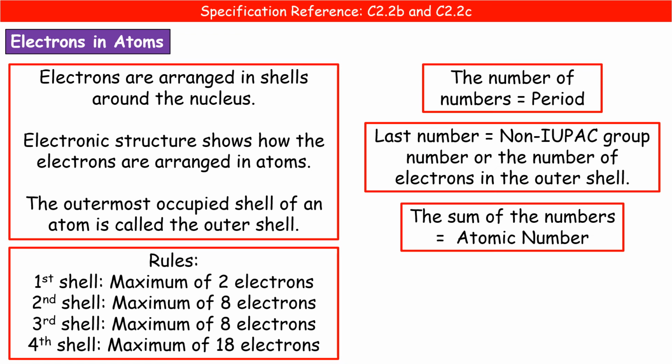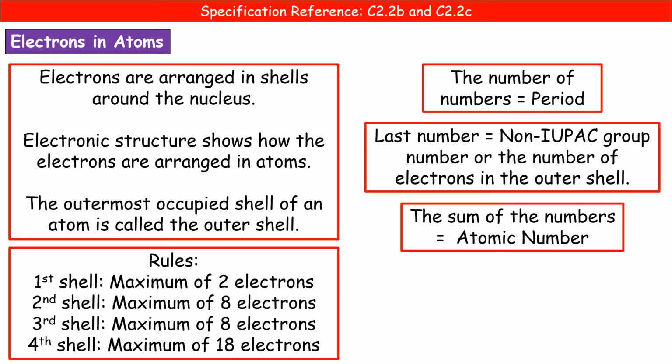And that brings us very nicely onto how electrons are arranged. As we established in our earlier little booster, electrons are arranged in these shells or orbitals around the nucleus of the atom. When we want to show how the electrons are arranged into these different shells, we use something called the electronic